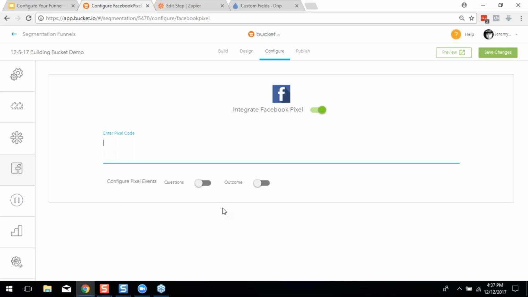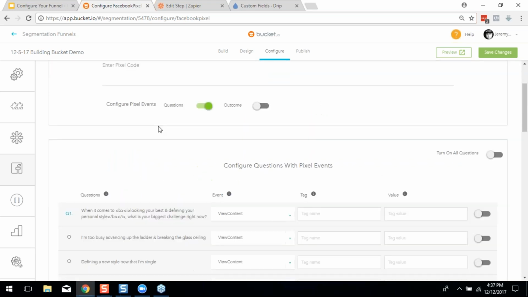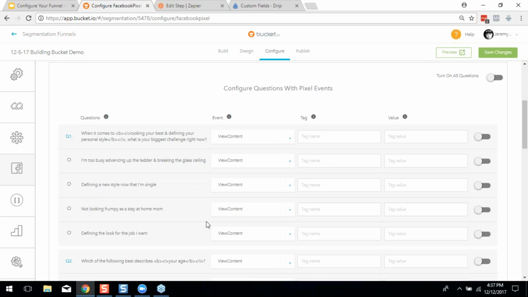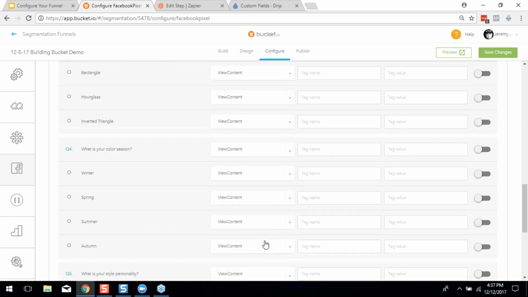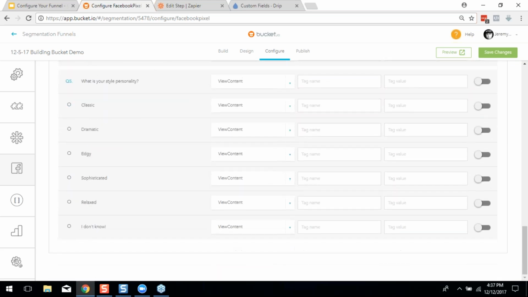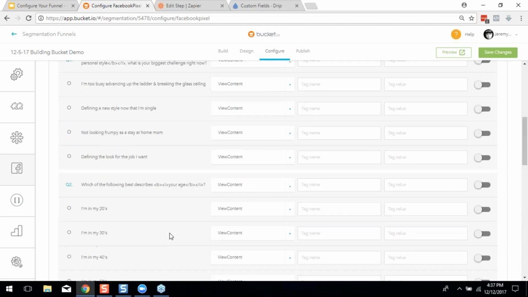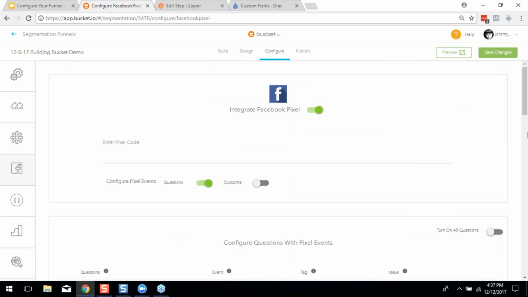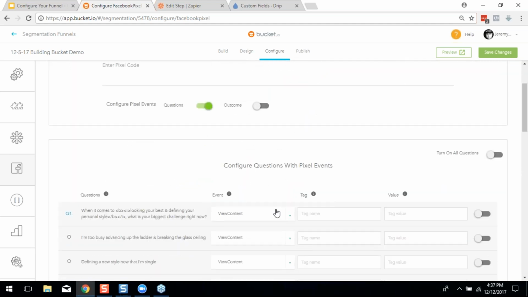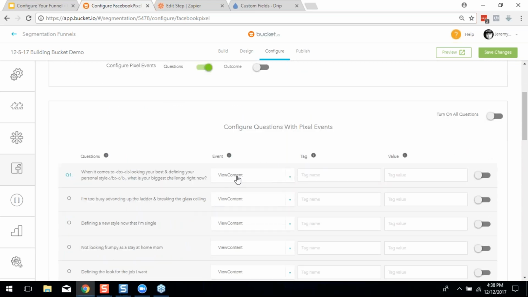segmentation funnel. Now, once you've done that, your job is not quite over. What you need to do is create these pixel events for each answer that you plan on running ads to. So if you want to advertise to somebody based on the way they answer their question, then you'll set this up here. So for instance,